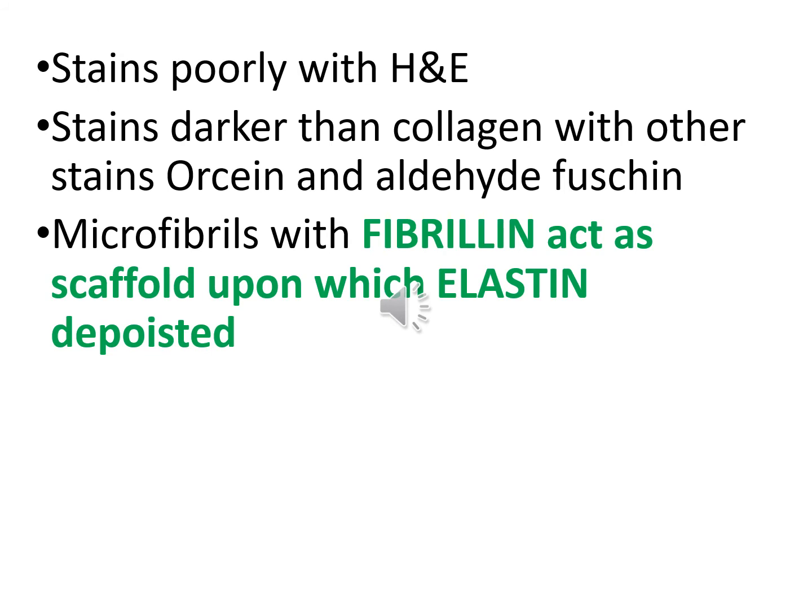Both these components are secreted by fibroblasts and produce elastic fiber in a stepwise manner. Initially, microfibrils with diameter of 10 nanometers form from protein fibrillin and several other glycoproteins. Microfibrils act as a scaffold upon which elastin is then deposited in a second step of elastic fiber formation. Elastin accumulates between the microfibrils, surrounding most of these, and eventually comprises most of the elastic fibers. The properties of elastic fibers and lamellae result from the structure of the 60 kilodalton elastin subunit and the unique cross-links holding them.